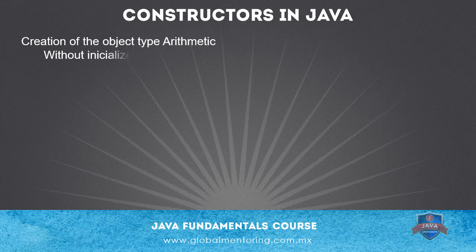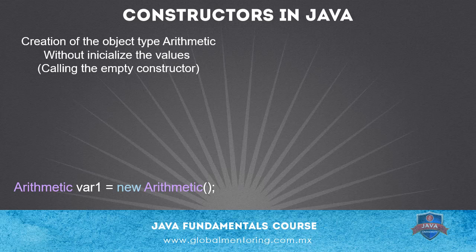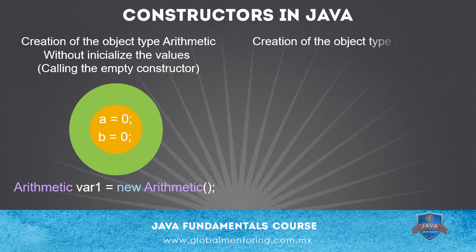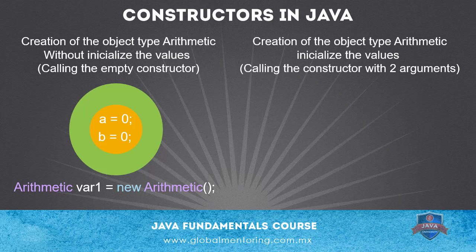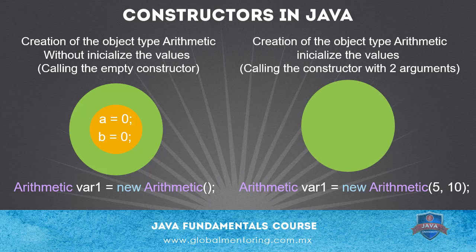In the figure, we can see an example of our arithmetic class, using the empty constructor and another non-empty constructor to create our objects. Suppose we have two attributes in our class, of the integer type, called a and b. In the first case, we're creating an object by calling the empty constructor. Therefore, the values of our attributes are initialized with the default values according to the type of each attribute. If it's a primitive type, they are initialized according to their default values. And if they are of type object, remember that the default value is null.